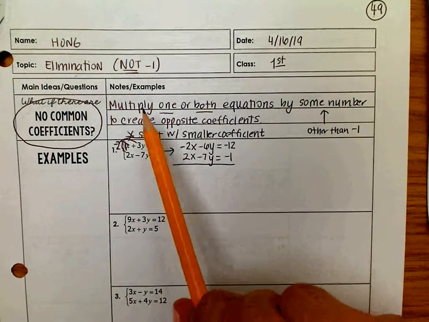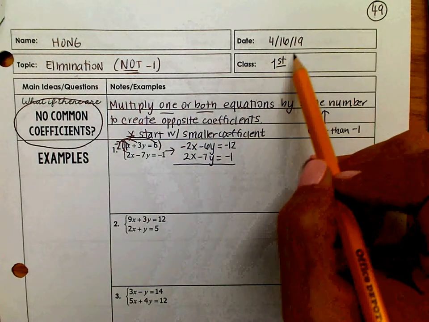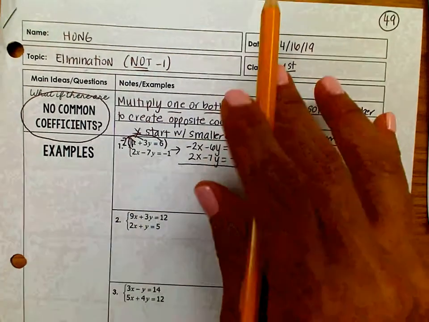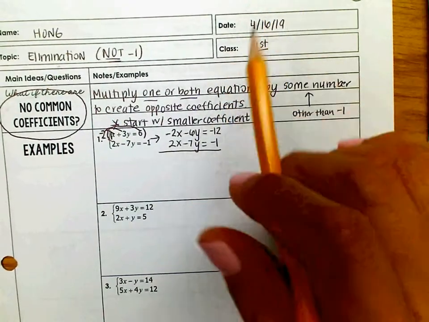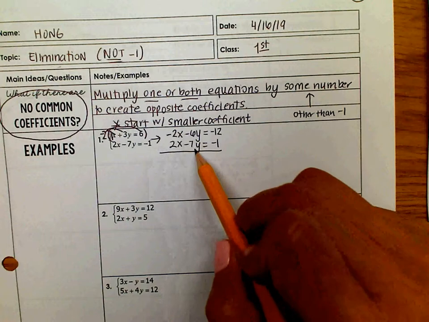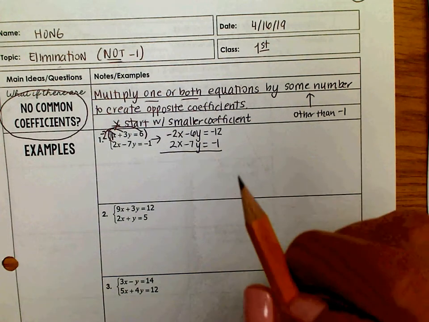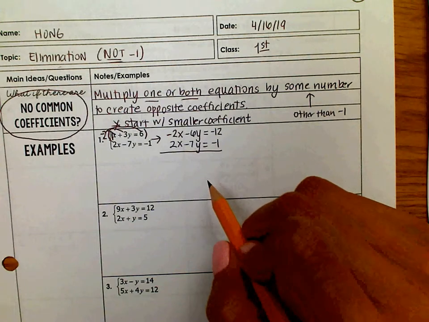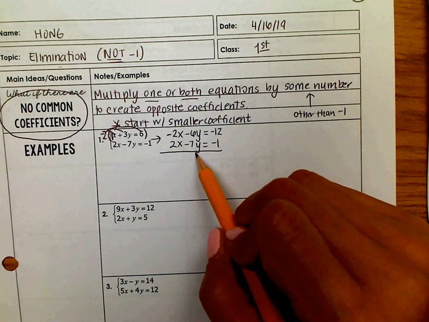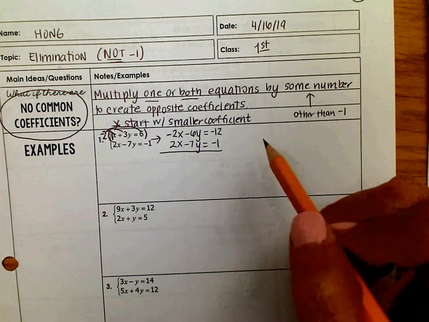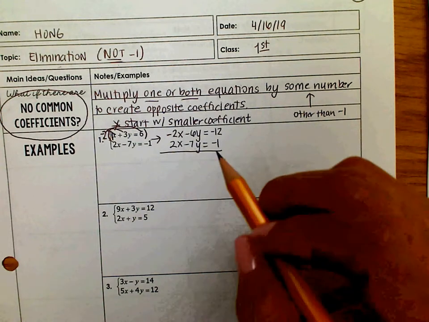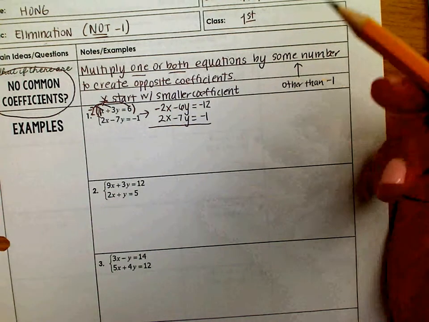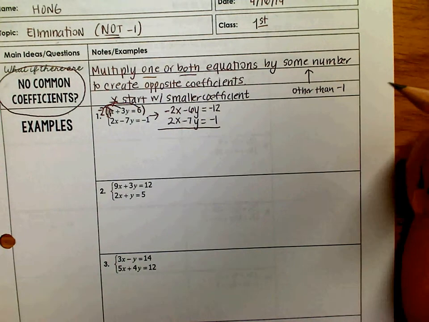It might look a little different than what your class did because, unless you have me for first academic, I'm using their packet this time. So two classes are doing number 1 for homework. Two classes are doing number 3 for homework. Those of you, I think it's first and third, we're going to do number 1. If you'd like to go ahead and do number 3 with me, you can do that as well. It'll be good practice. And those of you that only need to do number 3 because we already did 1 in class, you can fast forward through the video or listen to it again just to see the